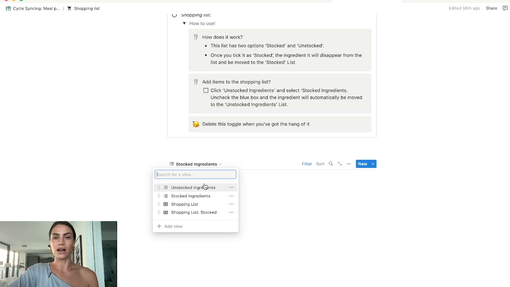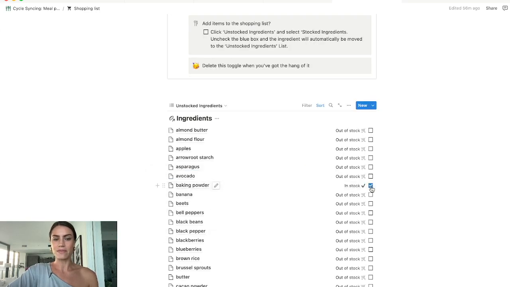So if we go back to unstocked ingredients and I say that I have baking powder, bananas, and beets, it's like Battlestar Galactica. What is it? Beets, bears,